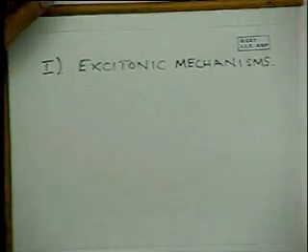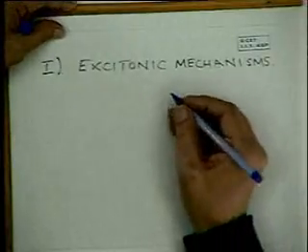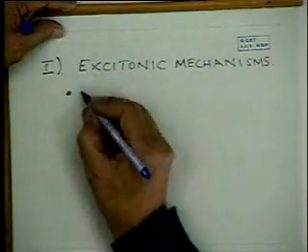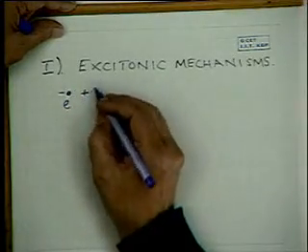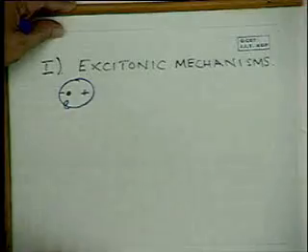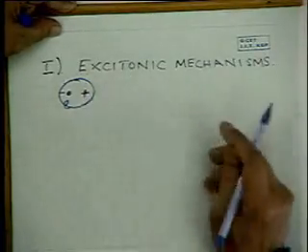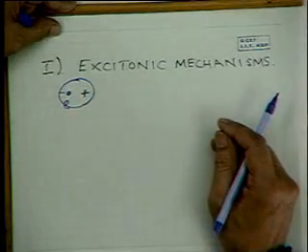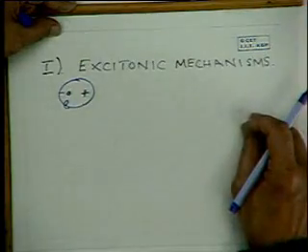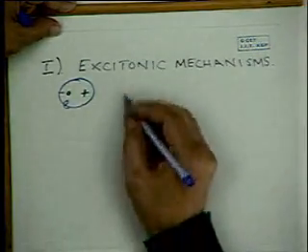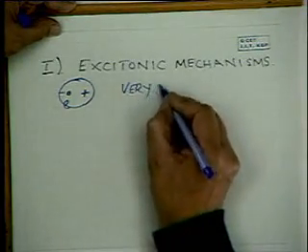We've already seen that an exciton is nothing but a bound electron hole pair which has a certain binding energy. The pair is electrically neutral, and it takes a certain amount of energy to dissociate the pair into free electrons and holes. So excitonic mechanisms are seen in very pure crystals,